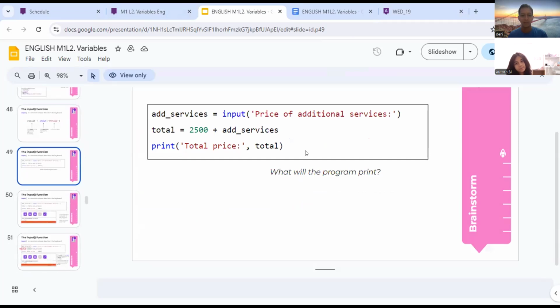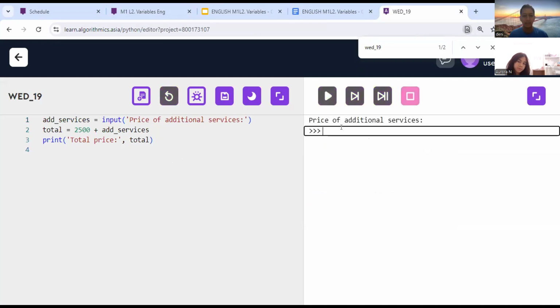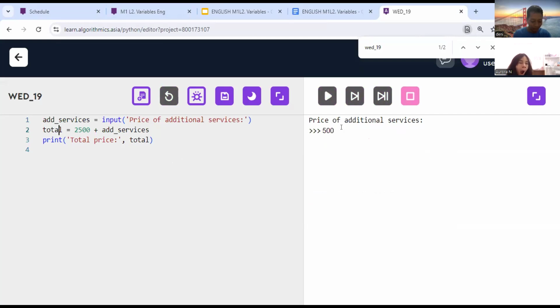Okay. What about this, Aurora? At surface. Okay. I will input the data. Let's say 500 like this. So total equals 2,500 plus add services.